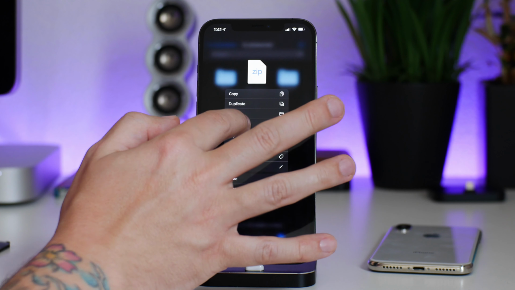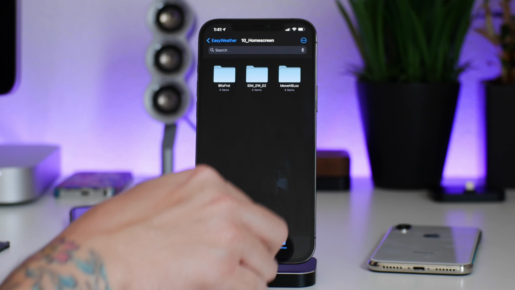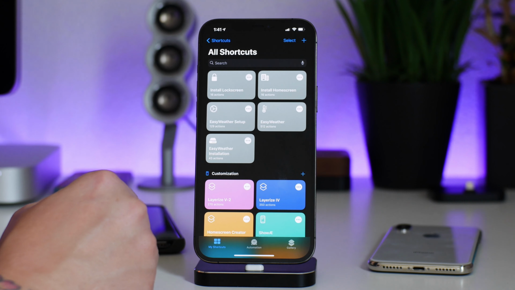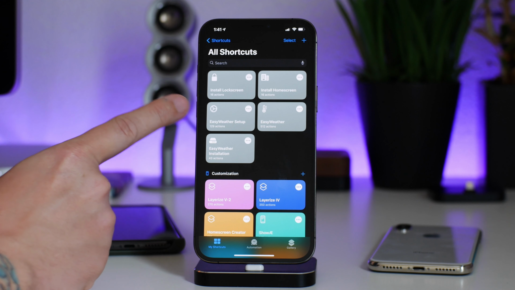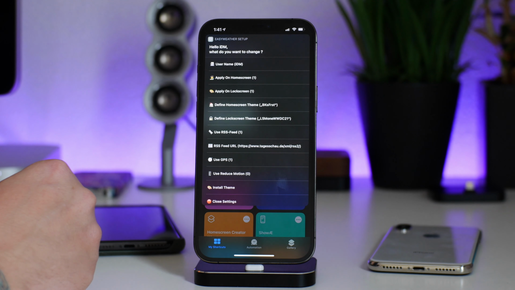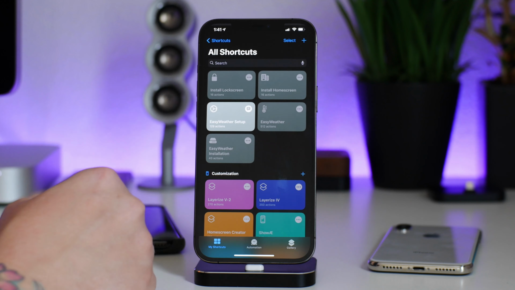Again, it's tied to iCloud Drive. Make sure it's fully uploaded to iCloud Drive. Now we can exit out of Files. We have the theme there ready to go. We can go to Shortcuts, and then again we need to define the new theme for the home screen. So we'll do that by running the shortcut, define home screen, click on OK,